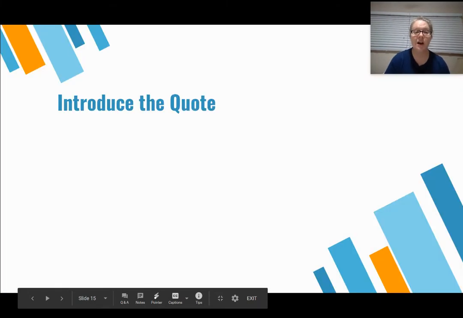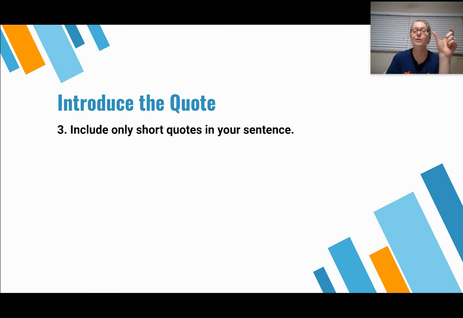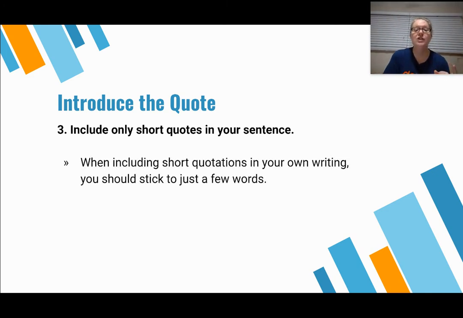So the next way is to include only a short quote. So instead of writing all of "I have a dream today that one day my four little children," we're only going to write a piece of that. So you only write a few words, not the whole quote. And I use this a lot when I do literary analysis, because sometimes the quote in the book is this long and I can't use all that. So I'm going to summarize some of it and then have a quote of the most important parts. So what does that look like?